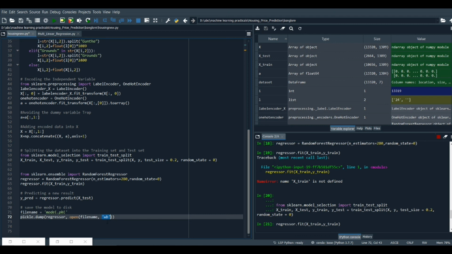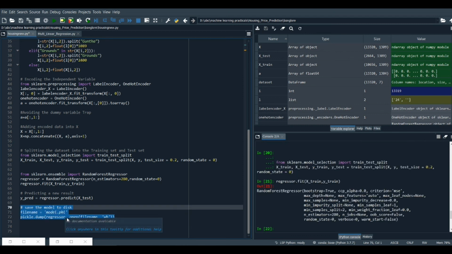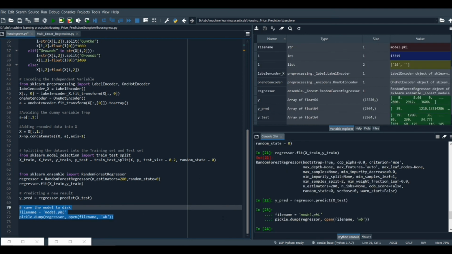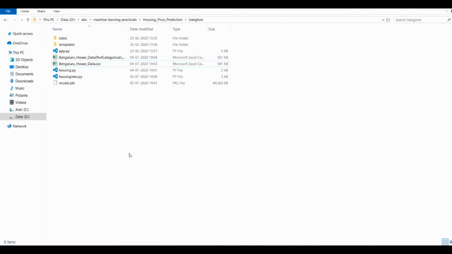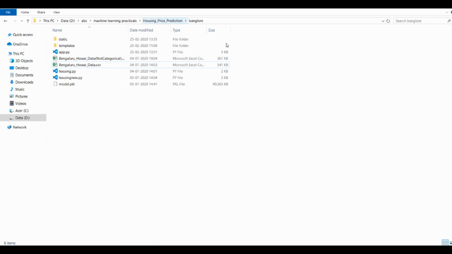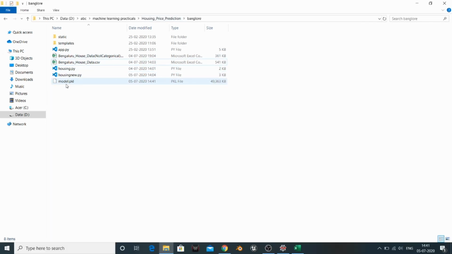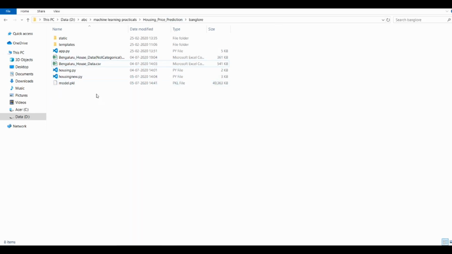So we are going to pass the reference of the file name in the pickle.dump using this. So after executing this line of code, it's going to create the pickle model at the place where your file exists. As you can see, this is the folder where our file exists, and this is the pickle model that our file just saved.